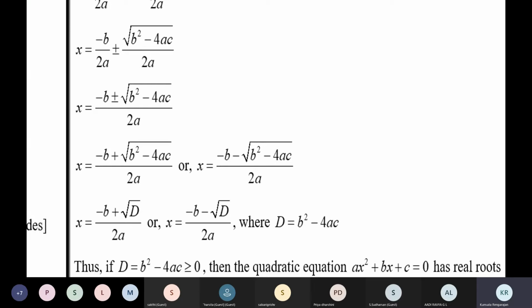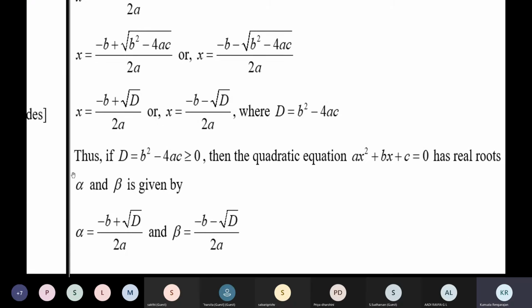So now let's understand what happens to the value of the discriminant. This is why we are concerned about it, because it is under the square root. We are not worried about minus b, 2 and a because these are real numbers. That's the definition: ax square plus bx plus c is equal to 0, where a, b, c are real numbers. So we know a and b exist and are real. But b square minus 4ac is under the influence of the square root.